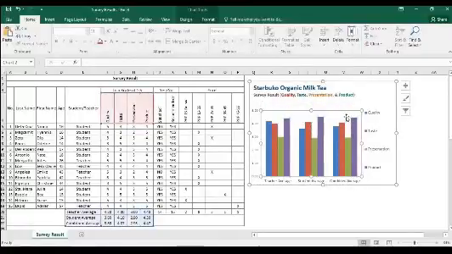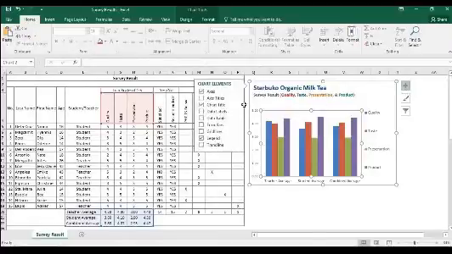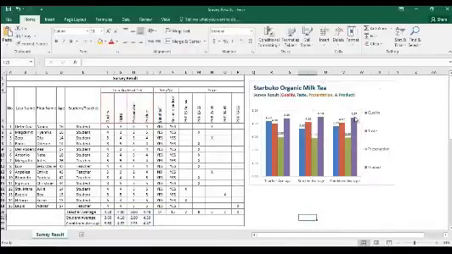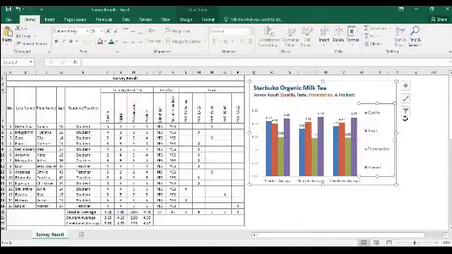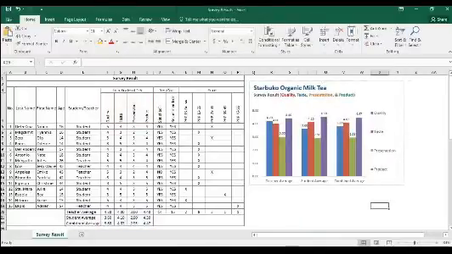You're going to click here, this one, and then include a data label. You're just going to click this plus sign and then click on data label. So you have the labels already. Let's make it bigger. Then next, we are going to make a chart for satisfaction and recommendation.